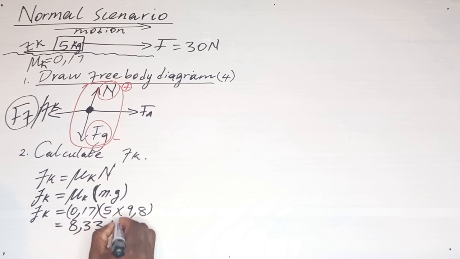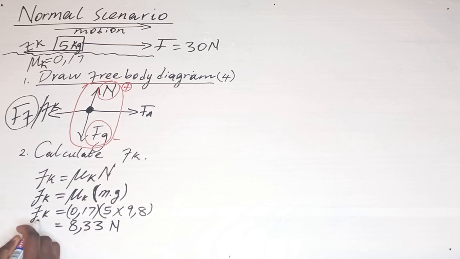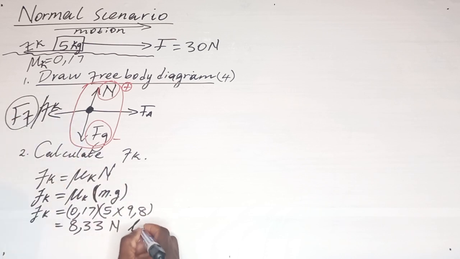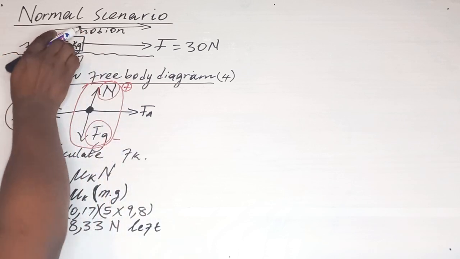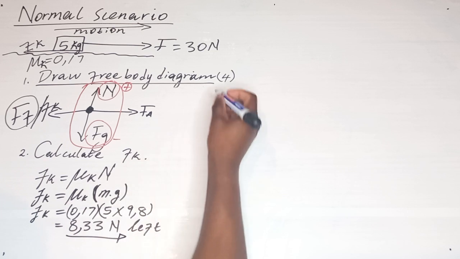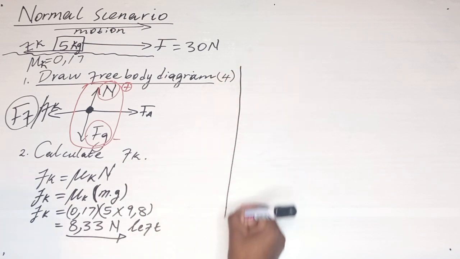8.33 newtons. And then remember, frictional force is a vector quantity, so we shall put a direction just in case. So this friction, as we are looking in here, is moving to the left, so we can simply say left, or you can simply say in the opposite direction of motion. It is still correct. Then our next question will be